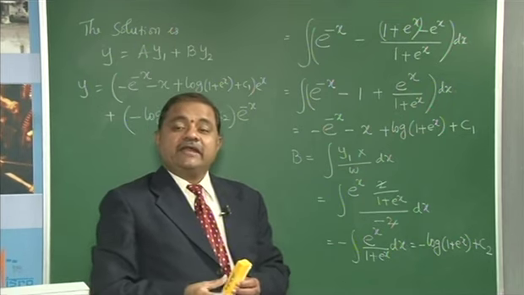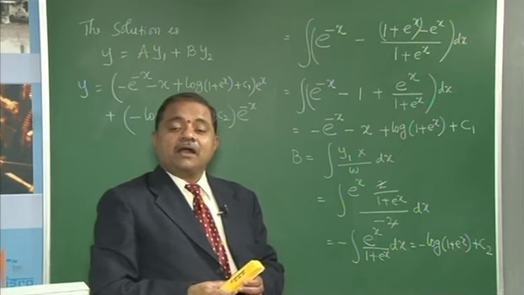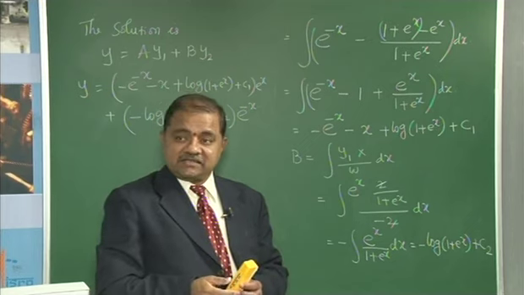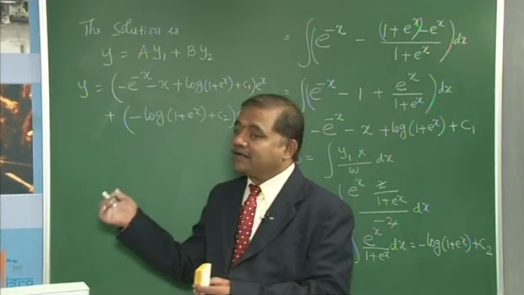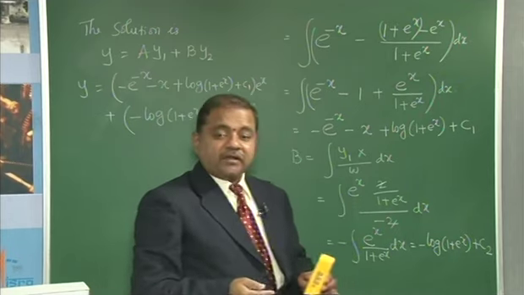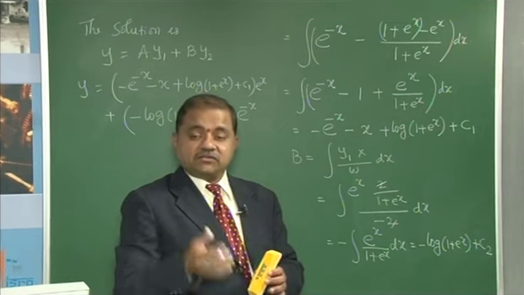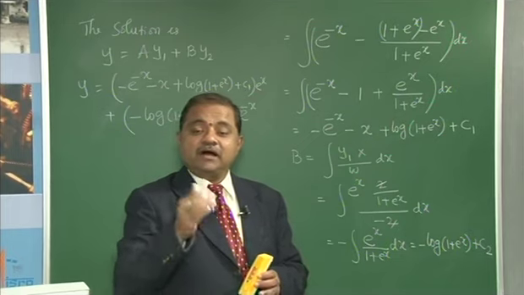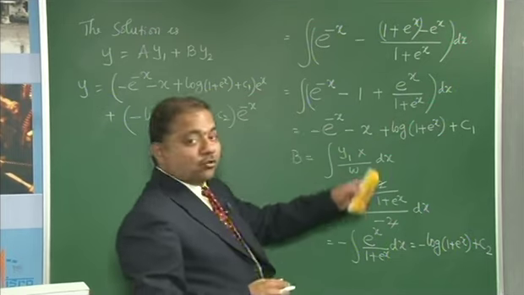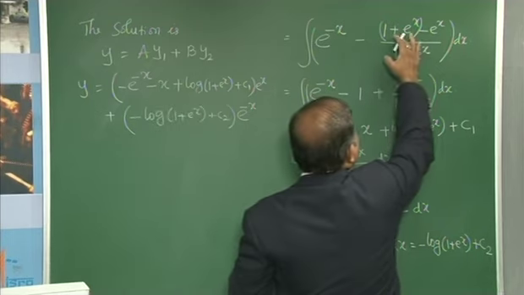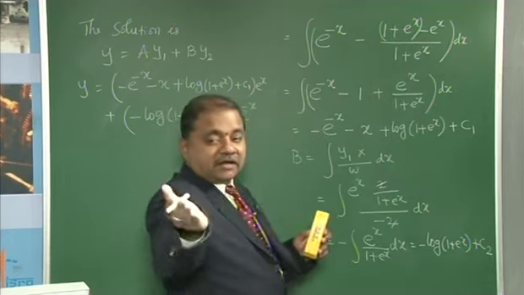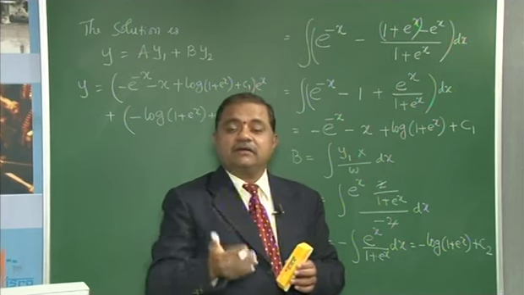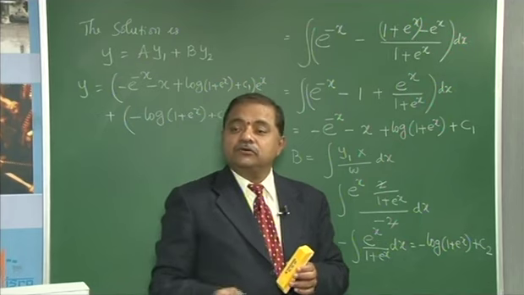You can do the next 2 questions, 11 and 12. What happens? There you will get in the complementary function e power minus x. In this problem, we have added and subtracted e power x. In the next question, you add and subtract e power minus x, you will get the solution. In the third one, instead of grouping the plus sign, you group the minus sign, that is the right hand side, 1 minus e power x, you can get the solution. So, using this technique, you can find the solution of the other 2 problems.